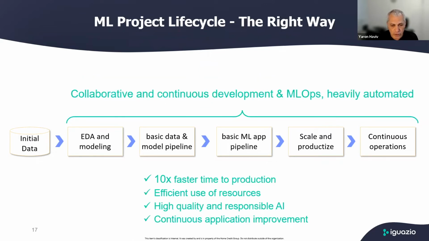And really where we see the more advanced organizations moving towards is looking at it as one problem, where there is a collaborative effort by different team members, whether these are the data scientists or data engineers or the ML engineers, software developers, and so on, to build something continuous. So whatever you're building in the first phase needs to go to production. So if you build a training function, you need to make sure that you handle testing and you handle exception handling and you handle scaling that code, etc.